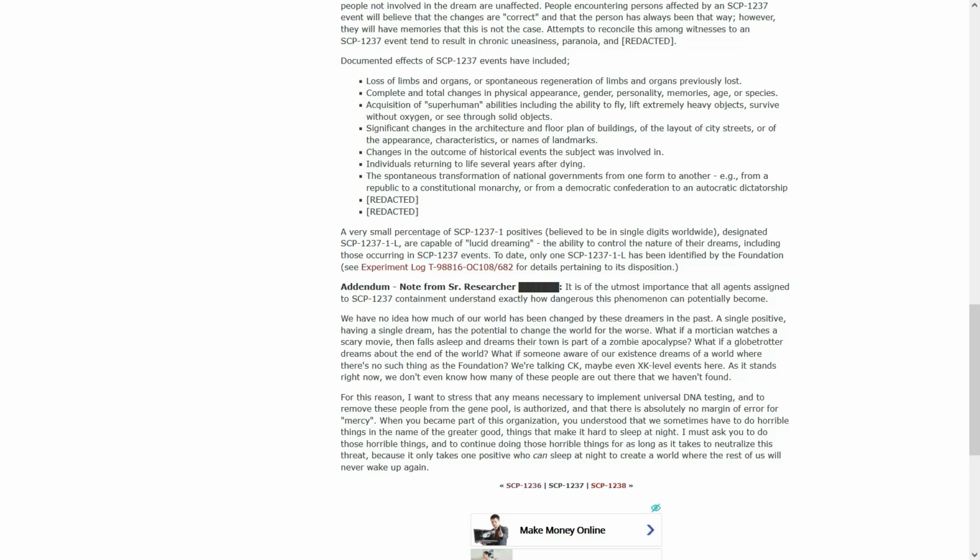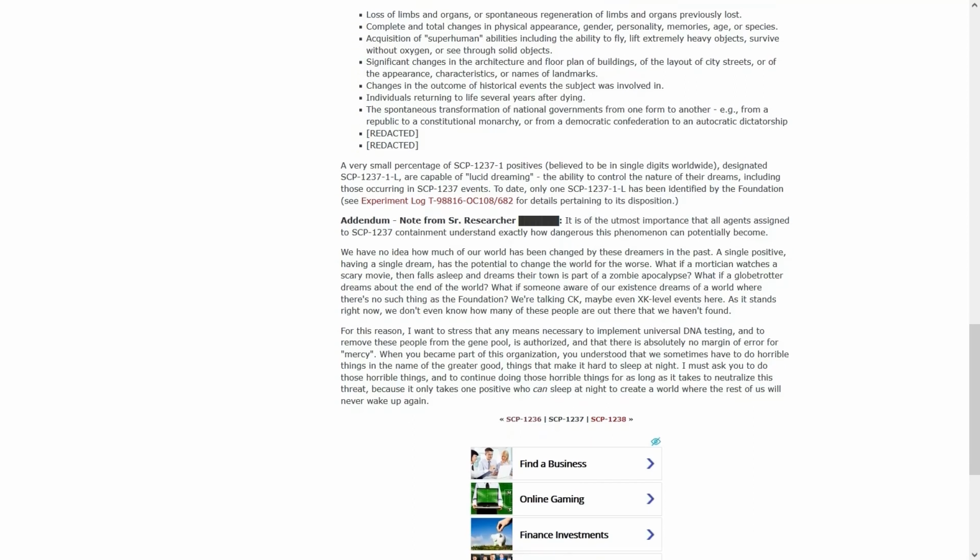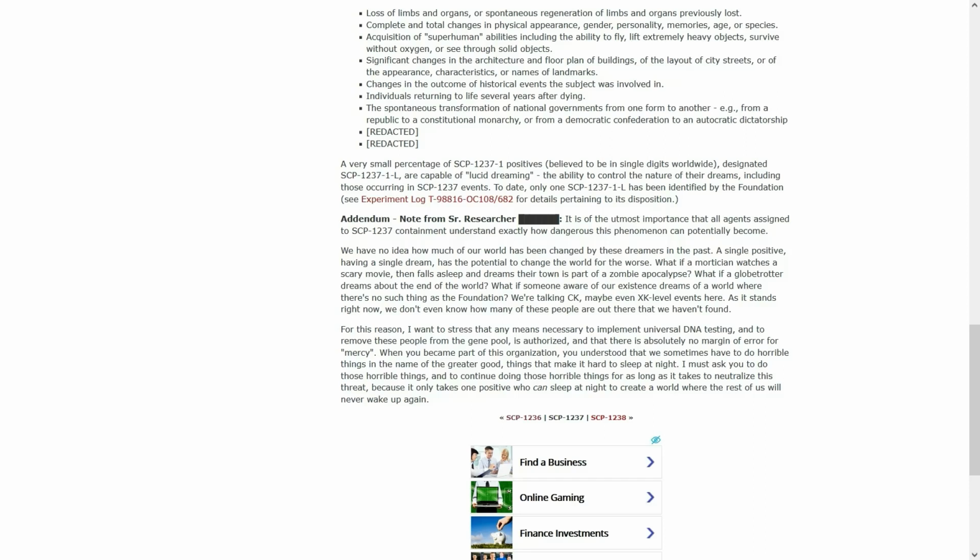Significant changes in the architecture and floor plan of buildings, of the layout of city streets, or the appearance, characteristics, or names of landmarks. Changes in the outcome of historical events the subject was involved in. Individuals returning to life several years after dying. The spontaneous transformation of national governments from one form to another, e.g., from a republic to a constitutional monarchy, or from a democratic confederation to an autocratic dictatorship. Redacted, redacted. A very small percentage of 1 positives, believed to be in the single digits worldwide, designated 1L, are